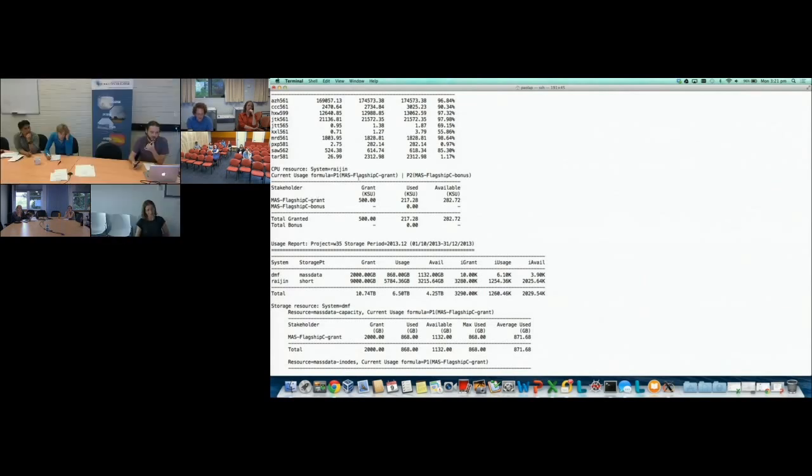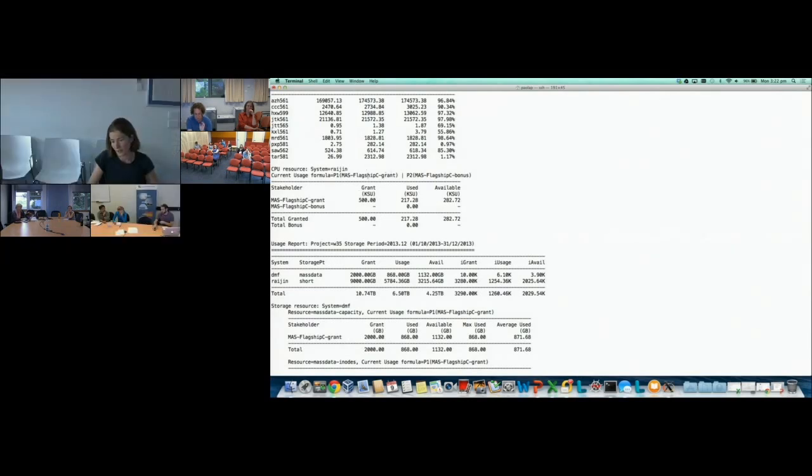Flagship C is just the standard source at NCI, so it's basically the Centre of Excellence. You also have things like merit allocation, for if your supervisor has set up his own grant at NCI. Yep. So another thing that you can see here, in this case we have two sorts of grant.